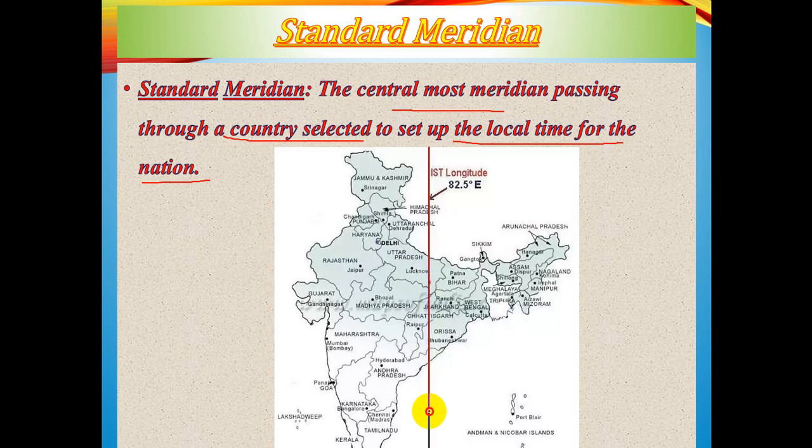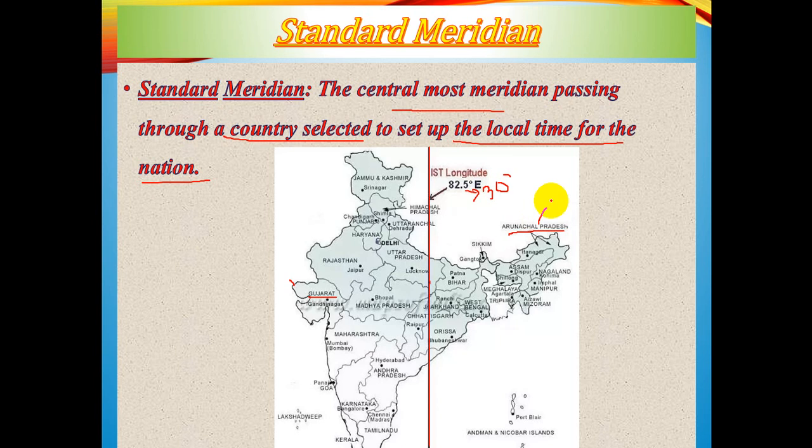It's a standard meridian. Now, on the right hand side, we are having Arunachal Pradesh. When it is 4 a.m., that means the sun is rising over there. It is still dark in Gujarat. So if over there it is 4 a.m., the watches will show 4 a.m. What will be the watch that Gujarat will be displaying? Obviously, it also has to show 4 a.m. only. Maybe it is dark over there, and still the sun has risen over there.